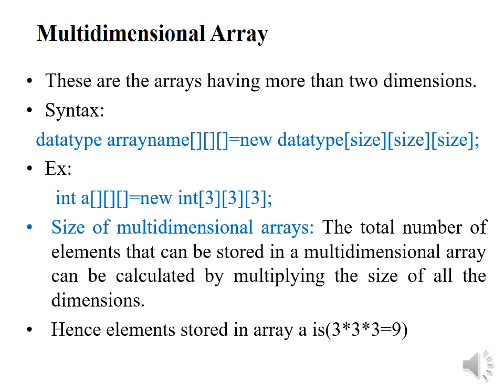If you declare a 2D array with 3 by 3, then the number of elements there should be 3 multiplied by 3. Sorry, here that is my mistake. So 3 multiplied by 3 multiplied by 3 will be 27. So the size, or the elements stored in this particular array, will be 27, not 9. So I hope you understand how actually the multidimensional array will be considered.